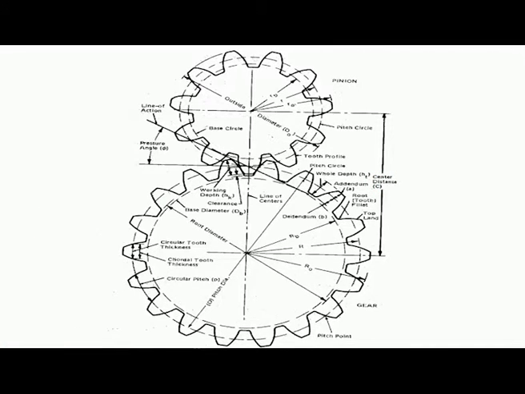So, in the case of a gear tooth, the thickness will be varying from tooth to tooth. You can see here this is the thickness. As we move down from the top plane to the bottom plane, the thickness of the tooth varies. So, when we want to measure the tooth thickness, we should know at what depth we want to measure it. At the pitch circle, we have the thickness which is called circular tooth thickness or chordal tooth thickness.